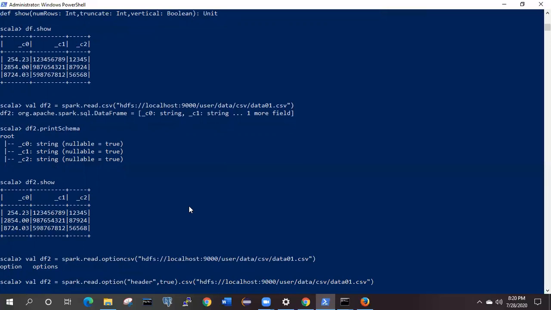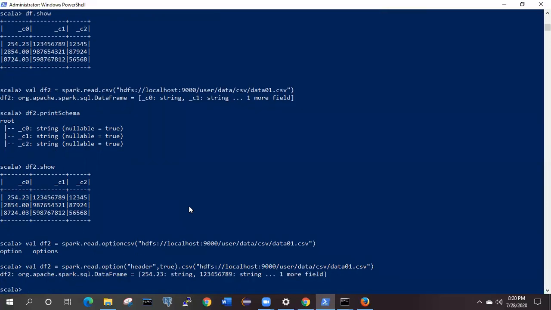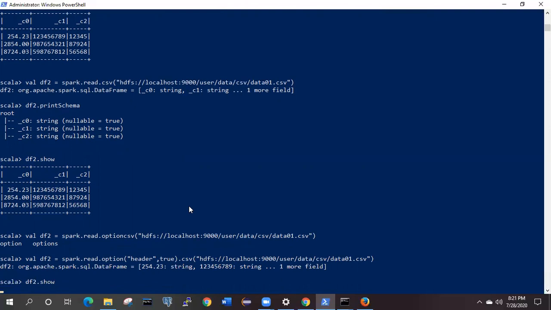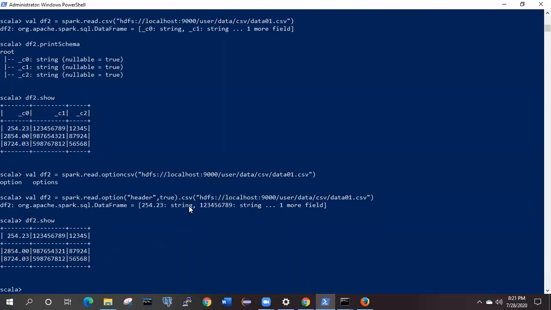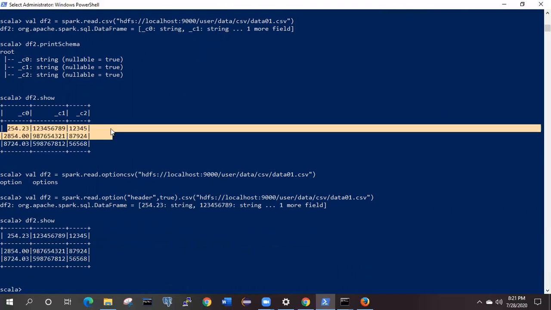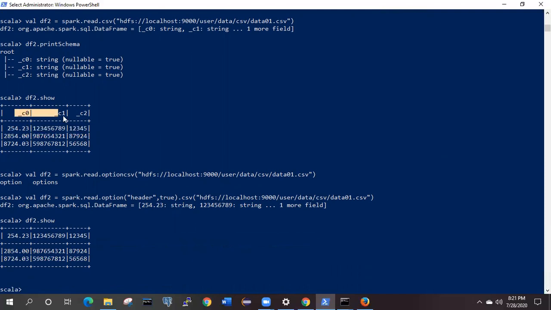Make sure that if the headers are present in your data, then only it is going to show. So again I am going to call df2.show. Let's see what it is showing, because in my case I don't have any headers available. So what it did, the first row itself has been taken as the header, considered over here as the header. So if your file has a header, then only it can read it properly, otherwise it is not going to read it.